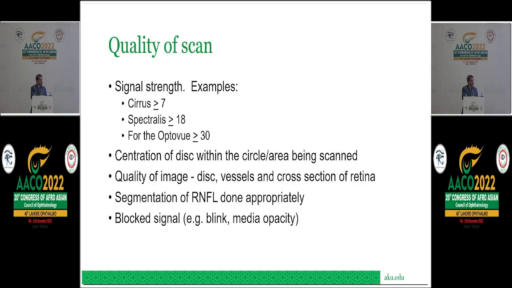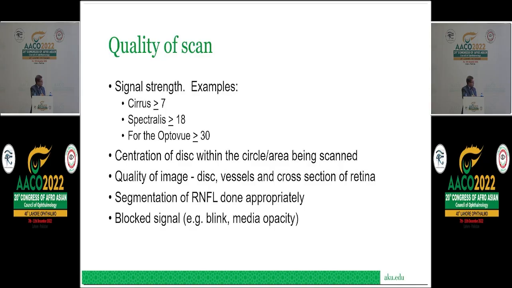So when you look at the quality of the scan, I just wanted to emphasize these 5 things. One is the signal strength, and different machines have a certain quality cutoff. So if you have the Cirrus, for example, more than 6 is fine. For Spectralis, more than 17 is okay. For OptoView, more than 29. And these are just approximate values, but you have to know your own machine and what is the reasonable signal